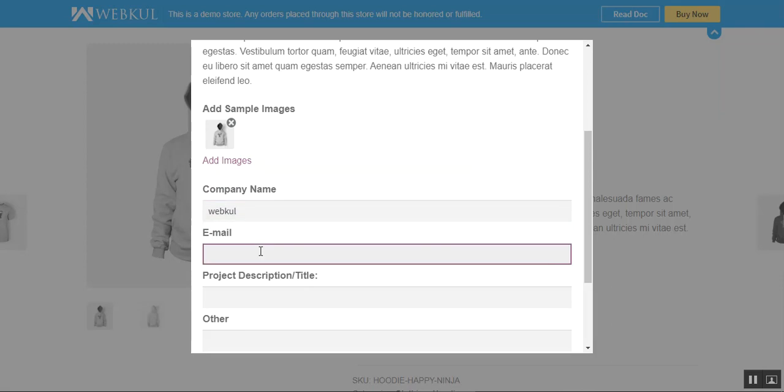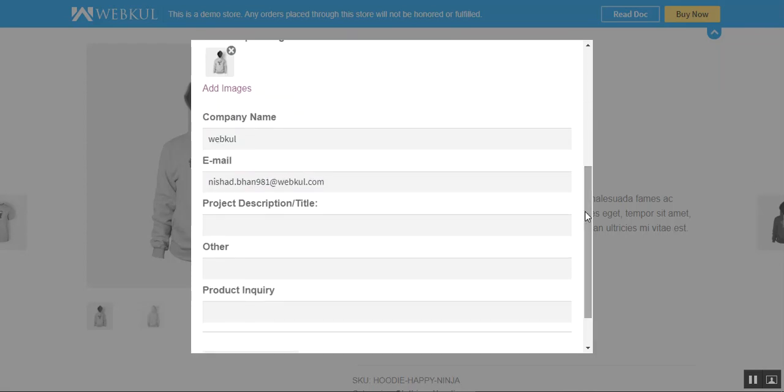And I'll enter my email, and after entering my email I will be basically setting up the project description or the title for this particular code. So I'll set it as discount for bulk purchase,